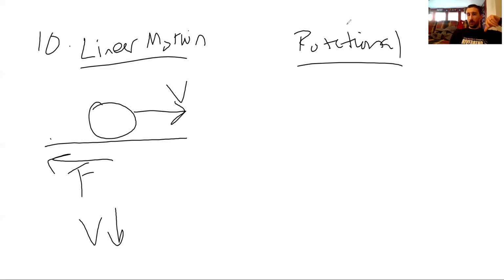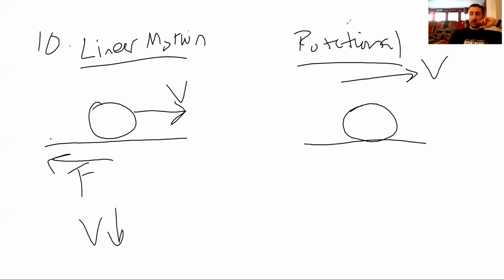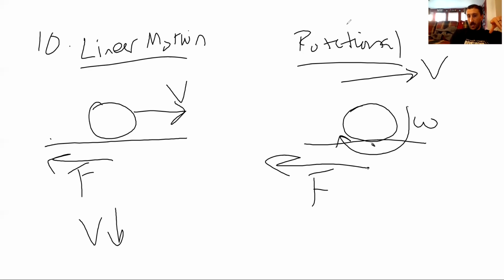Now, if I look at rotational, the velocity is still this way, right? But let me draw this. It's doing backspin, so it's rotating that way. So that's going to be its omega. Well, which way did we draw friction? Friction stays the same. It's going to be this way. If I look at the point of contact and the force of friction is going that way,